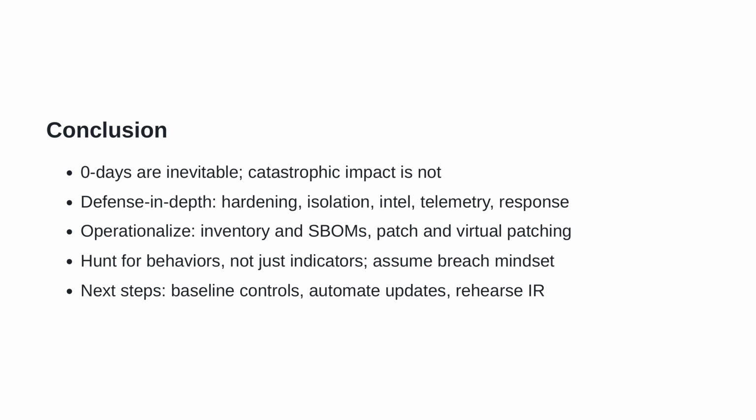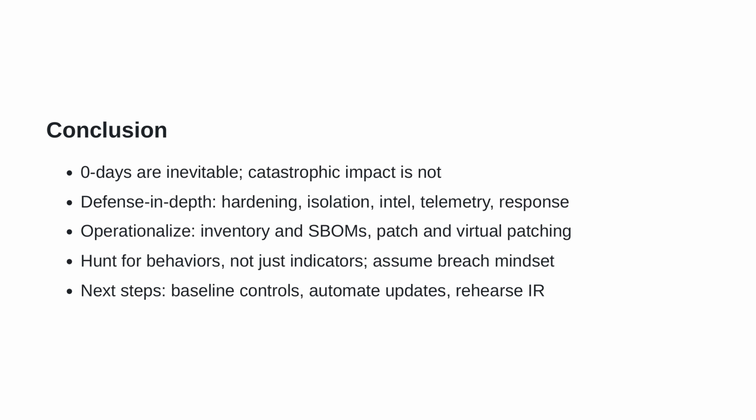Make it operational. Maintain an accurate asset inventory and SBOM, patch fast when you can. And use virtual patching, WAF rules, EDR/IDS detections, GPO/AppLocker/SRP tweaks when a vendor fix isn't available. Hunt for behaviors, not just indicators. Look for suspicious parent-child process chains, credential access patterns, persistence creation, and abnormal egress, and operate with an assume-breach mindset through least privilege and segmentation. For next steps, establish baseline controls, automate updates and configuration enforcement, and routinely rehearse incident response so containment and recovery